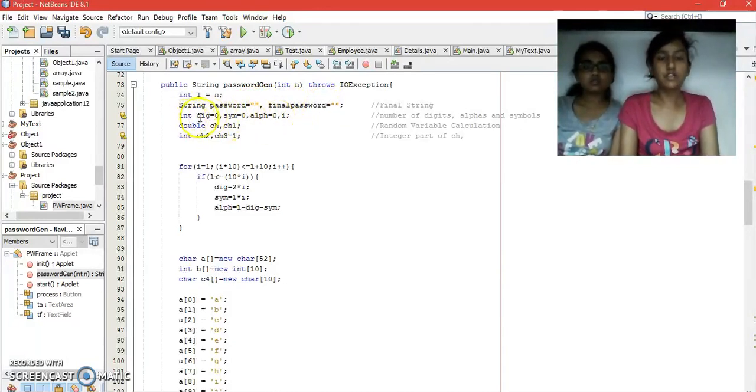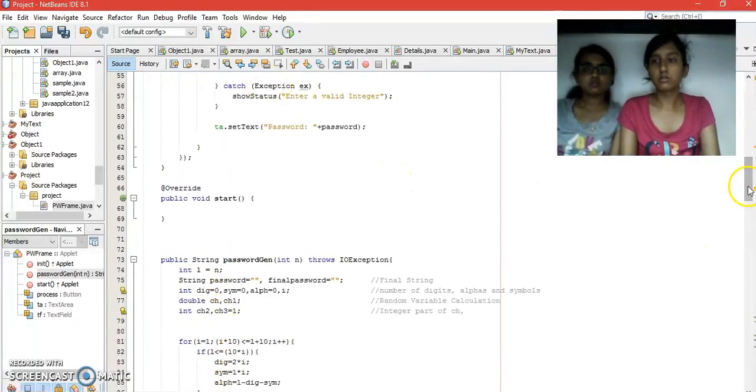We initialize the integer variables dig, sim, and alph, which are nothing but the number of digits, symbols, and alphabets, and we have initialized them to 0. Then we create a double variable ch, which when converted into integer is equated to ch2, and similarly ch1 as ch3, and ch3 is equated to 1 initially. Now this for loop is used to declare the number of digits, symbols, and alphabets.